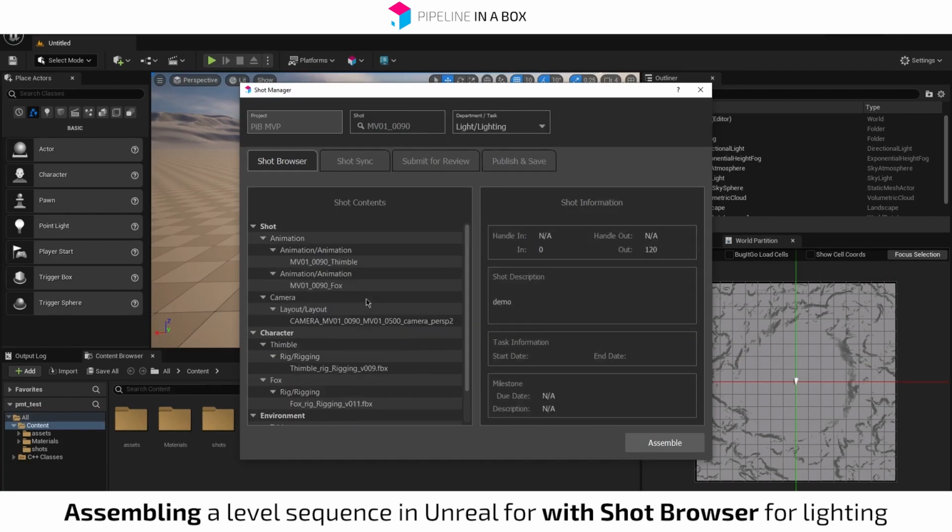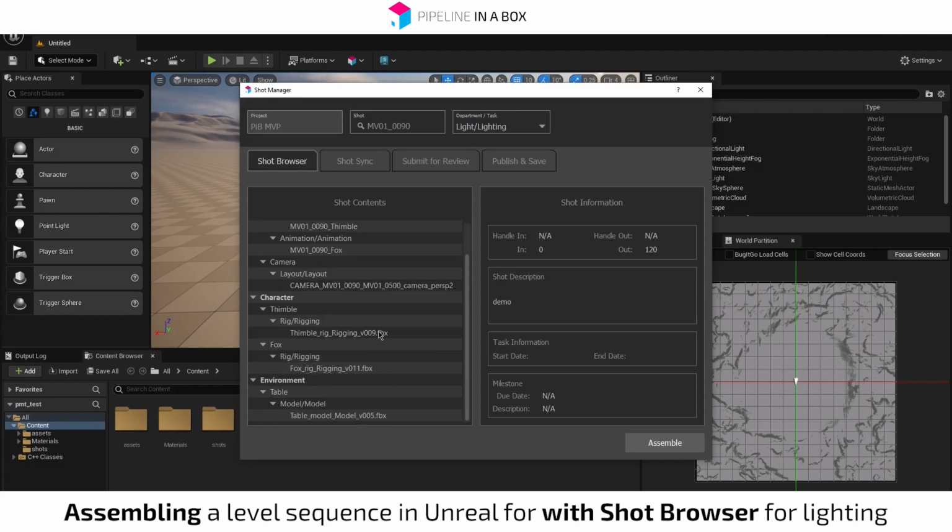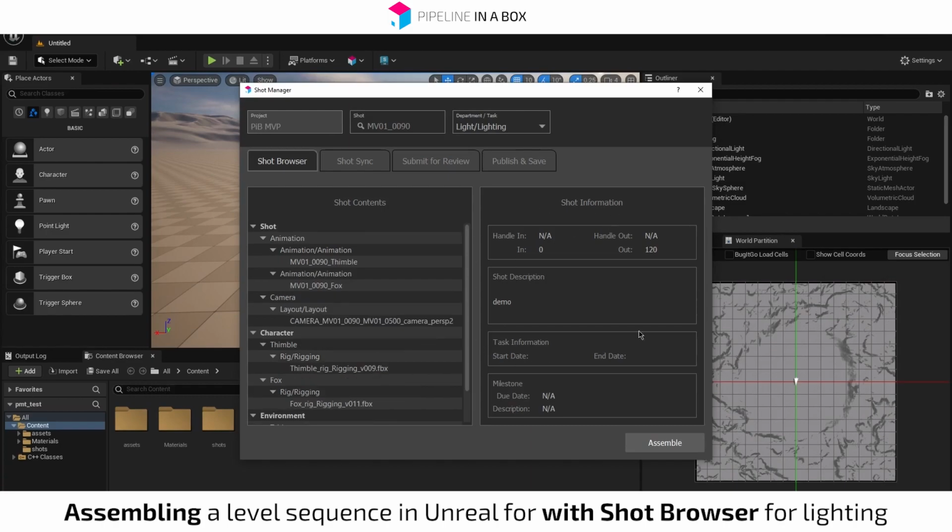So here I can see everything that's going to be imported into my scene. So I have the animations from the animation department that were just created, as well as the camera from layout. And for the characters, I have the thimble, the fox, and the table. And here, since I'm importing it to Unreal, they're being imported as FBX files rather than Maya files, which were being imported into Maya. And then here I have the shot information,